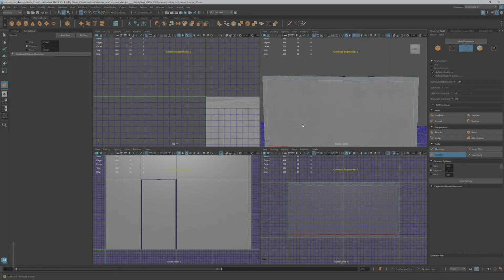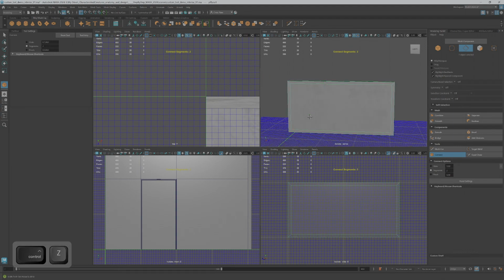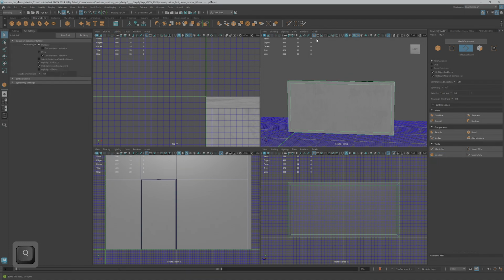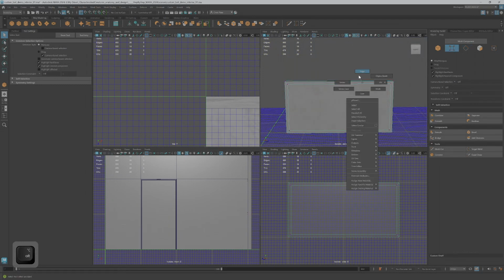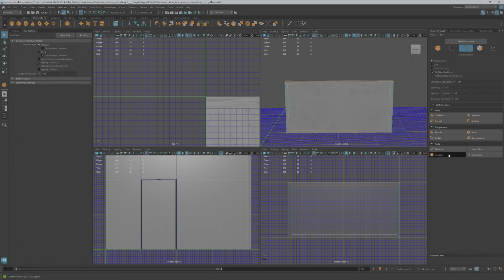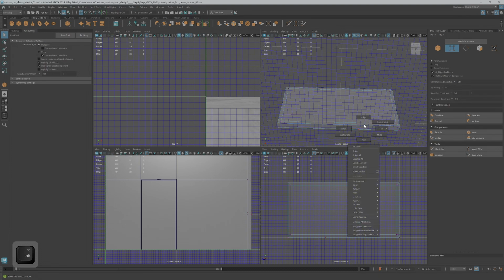Oh, it's leaving behind vertices. Okay, so it was connecting, but I didn't see anything. So I wonder why. Go to vertex mode, see if there's any floating vertices around. I don't see any. Okay, connect one time. And it's leaving behind these vertices. It's just bizarre. Whoa, whoa, whoa, whoa. What the hell? Okay, so